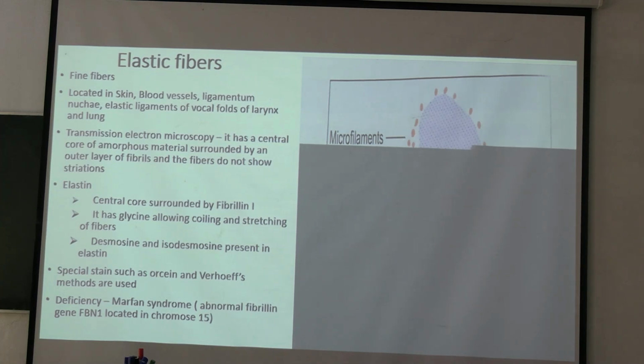Ligamentum nuchae is one ligament connecting the tip of the spinous process of vertebra. One important ligament, its name has been given like this, connecting the spinous process of 7 cervical vertebra. Here it is located on the back. Okay. No, it is not nucleus. Not related to nucleus. It is the name given to the ligament.